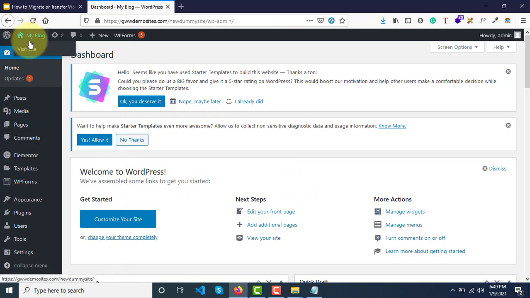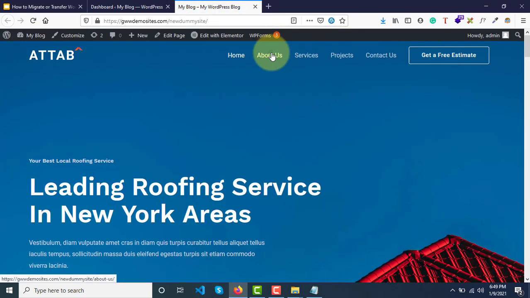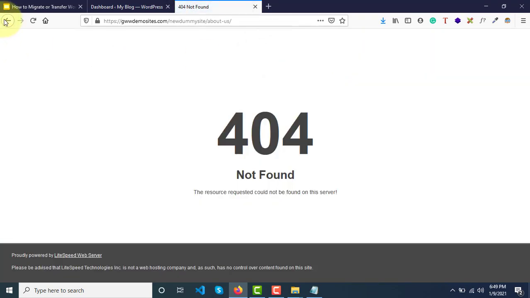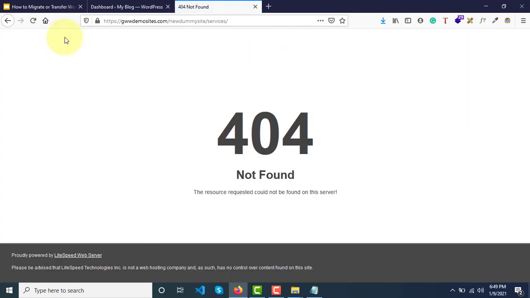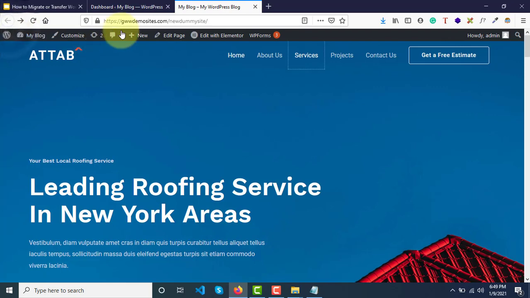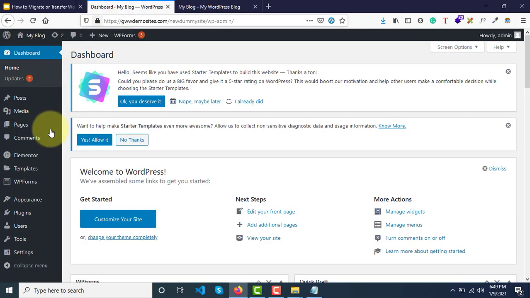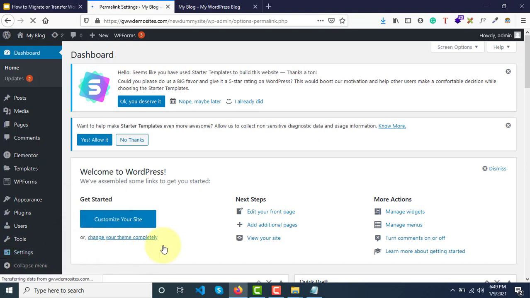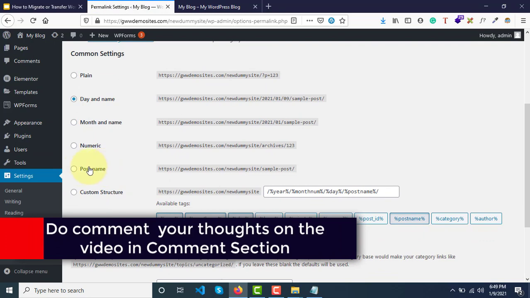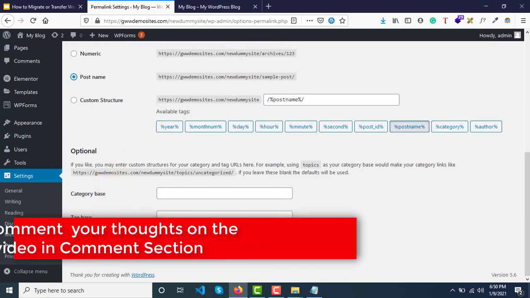So after logging in, as we know, our about us page is not working, right? And our service page is also not working. Similarly, none of our pages are working apart from the home page. So go to dashboard, scroll down under settings, click on permalinks and change this permalink to post name, this one, and click on save changes.